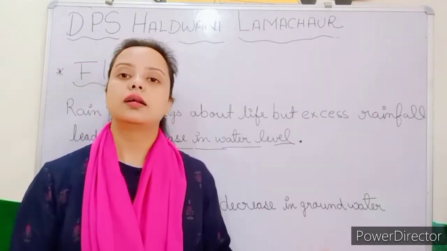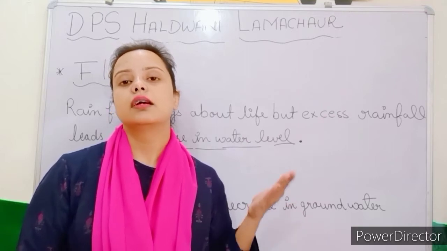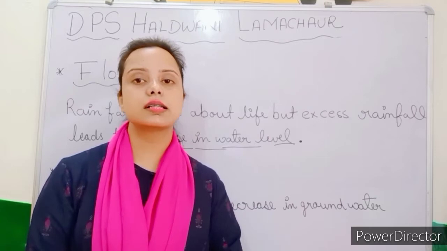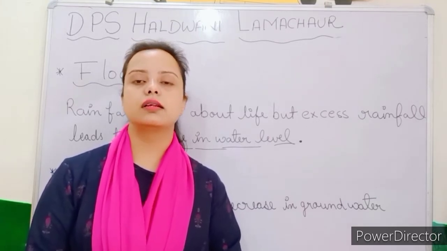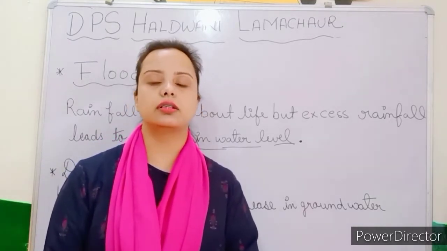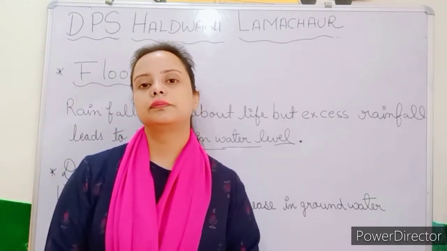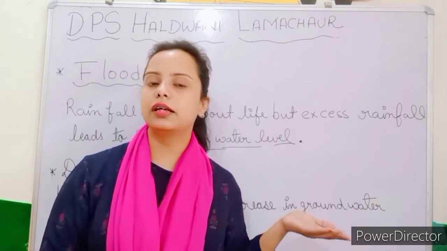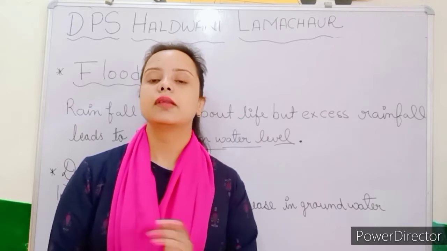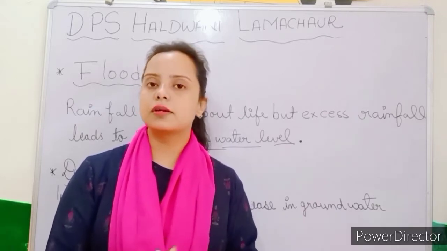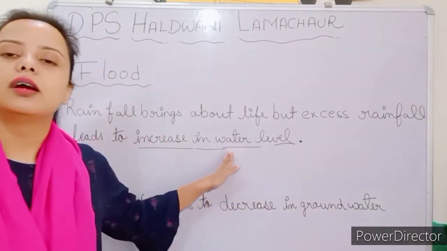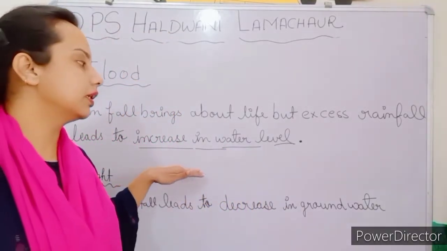and that is very problematic when this condition arises. The farmers face a lot of problems, because for the cultivation of crops and for other uses, water is essential. So when there is not enough water, the farmers face problems, and as a result their crops also get damaged. Here, the crops are getting damaged in both conditions.